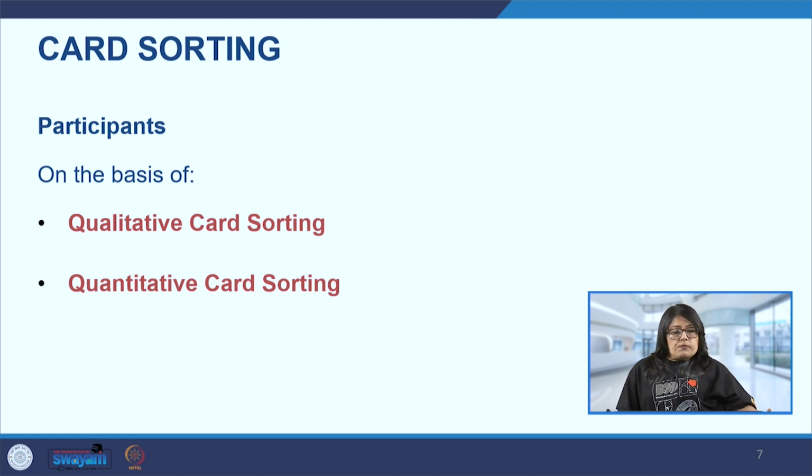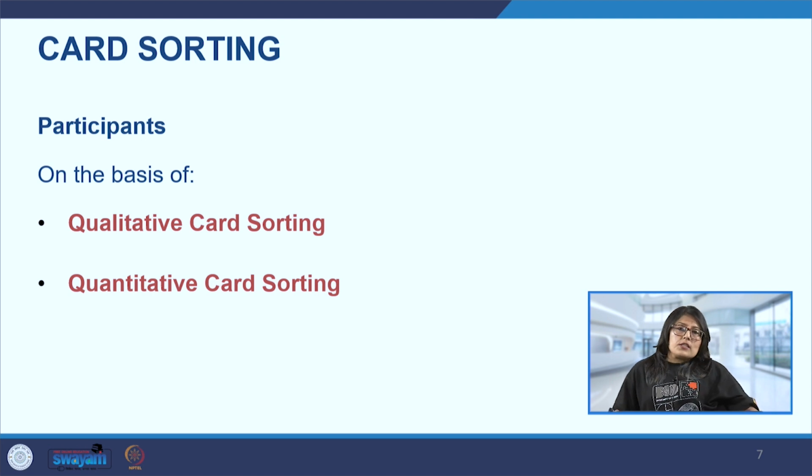Qualitative card sorting is about why the users are placing the cards under certain categories. There we want to understand the why, why they are grouping it. They may have an explanation, they may have a thought process for why they're doing it. So this is important information for the design team, which helps us get into the head of the user and also sort of predict or understand what makes the user make certain decisions.